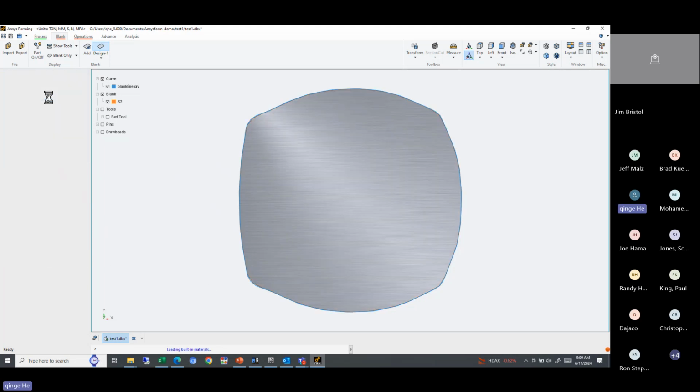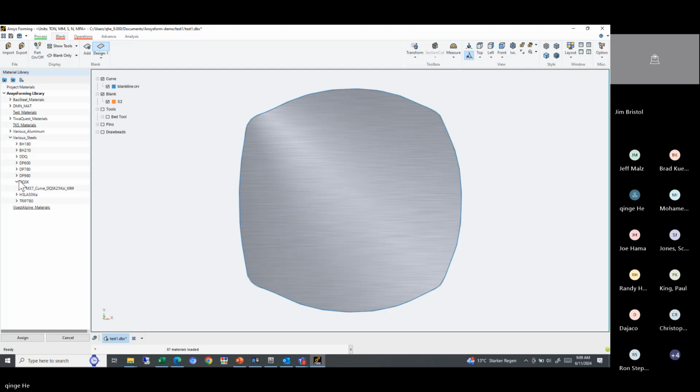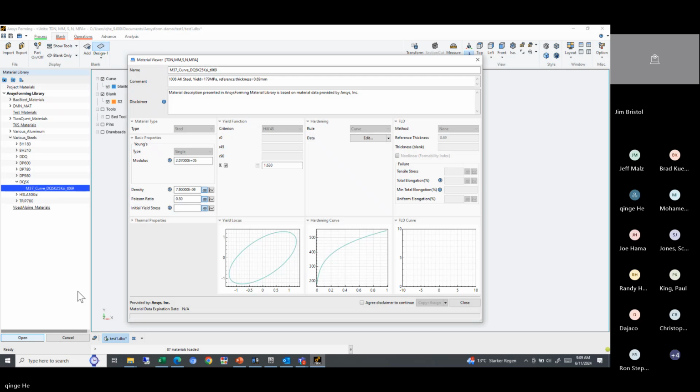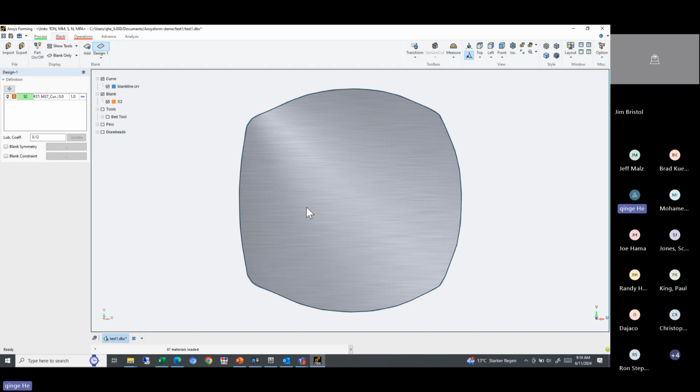And then for material, you can select material. You can select from the library, or you can import from your own library system by importing the file. In this case, I'm going to just pick a material from here. Okay, so this is the material information. Most materials don't have the FLD information. Without FLD information, you will not have an FLD plot in the post processor. You can